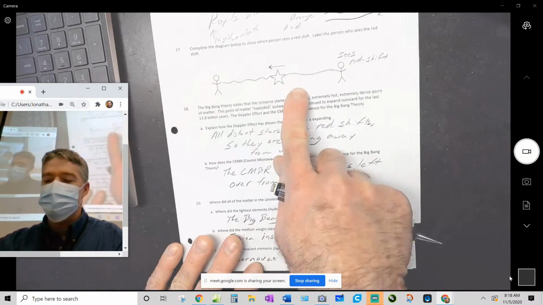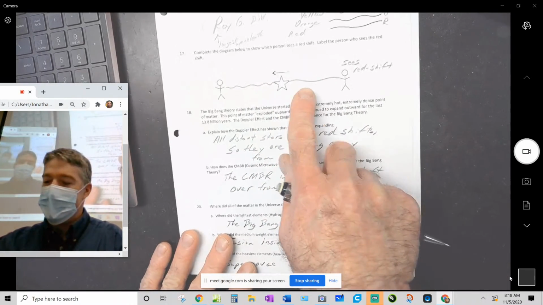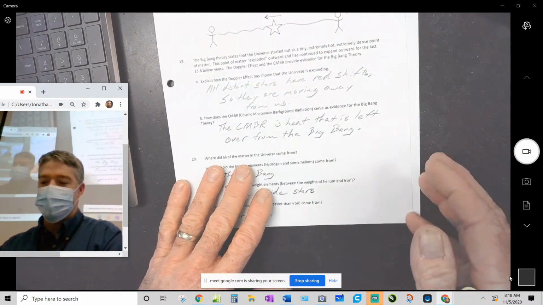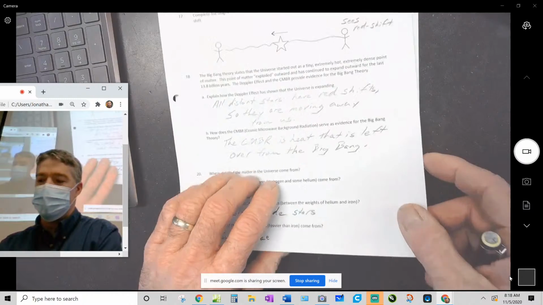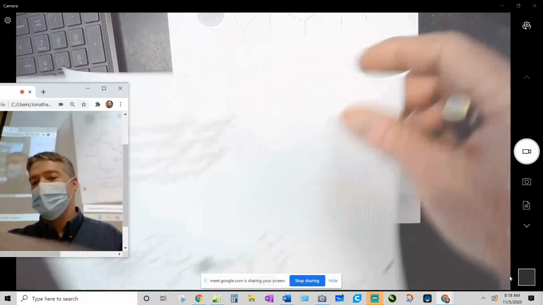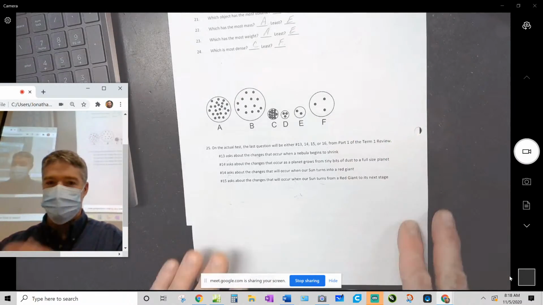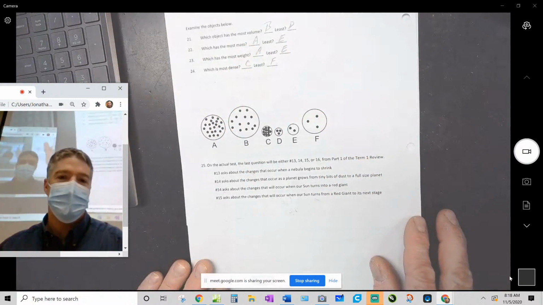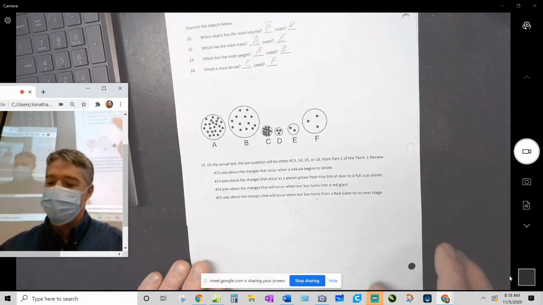Then there's this one about the Doppler effect. I don't think I'm going to read through this right now, because you can in a little while. You can look at my answers. And then there's a quick section where you have to use the terms volume, mass, weight, and density, like we've done before. And then finally, this is the